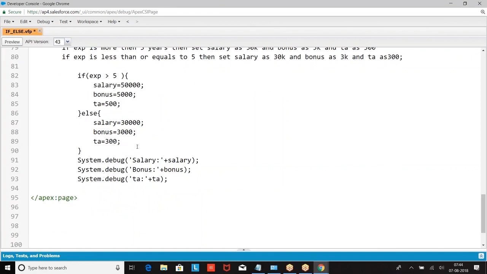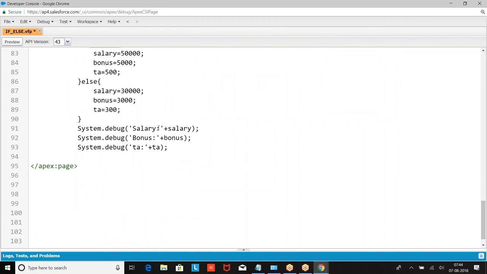In else we have not given a condition, right, Satish? Now, if I say else, what does it mean? It is not greater than 5 years. That means less than or equal to 5 only, no? But Satish, if it is mentioned less than or equal to 5, do we need to mention the condition? No, else means the same. When I say experience is greater than 5, else means equal to or less than 5. It is not greater than 5, it's less than or equal to only, no? Okay. Right.